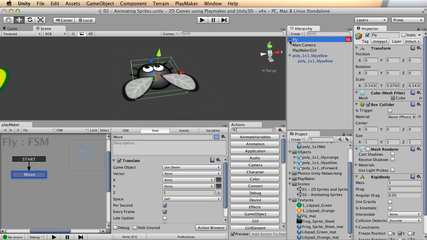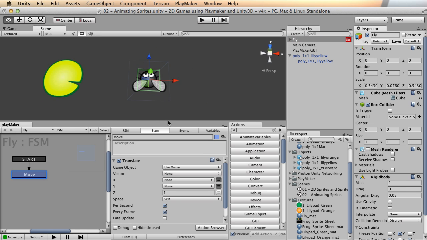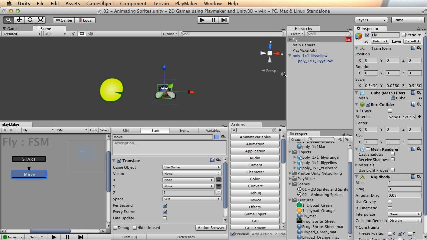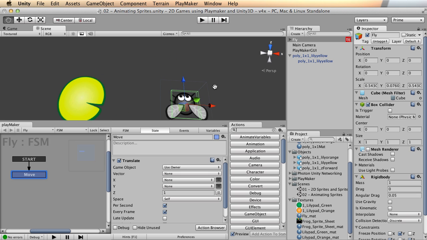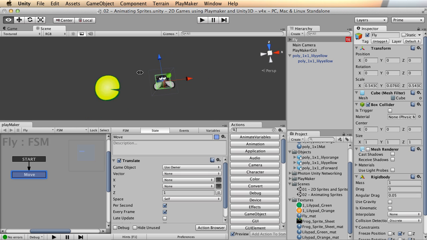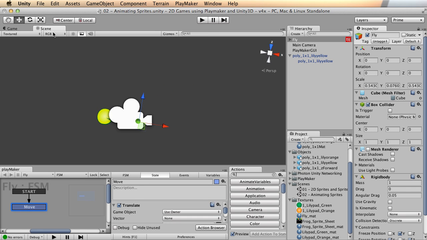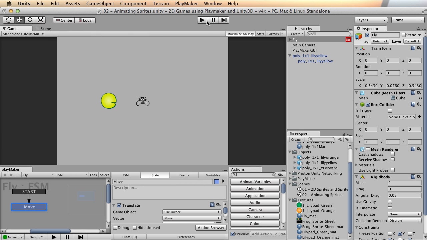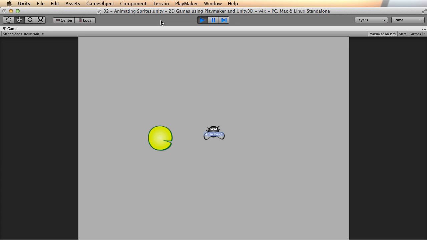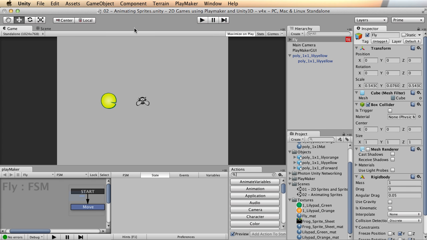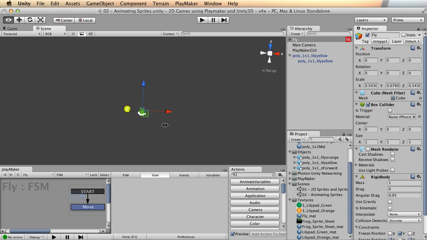So now I have a fly object with a physics collision. I can do all kinds of interesting stuff with it now. I can have it work with triggers and all that. And let's pull down a little bit and make sure we're maximized on play, and we can still watch our fly cruise around. Still works. But the difference now is, if I come back into my scene, I can set something up